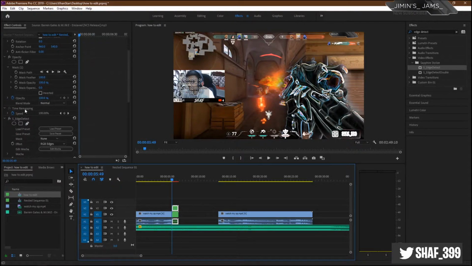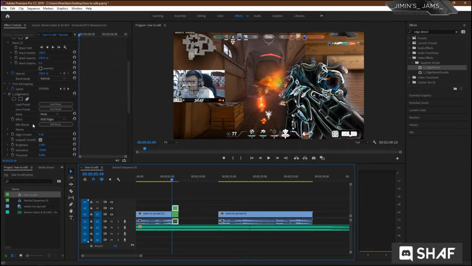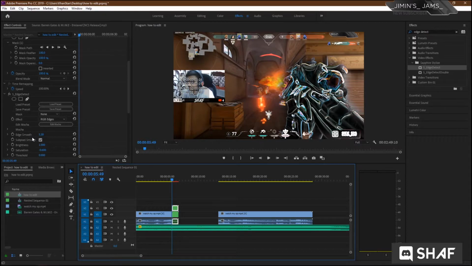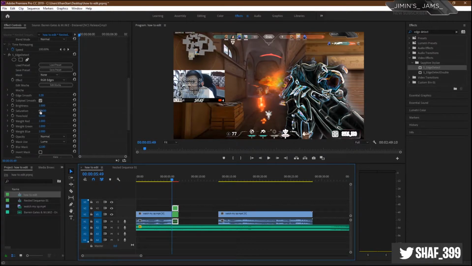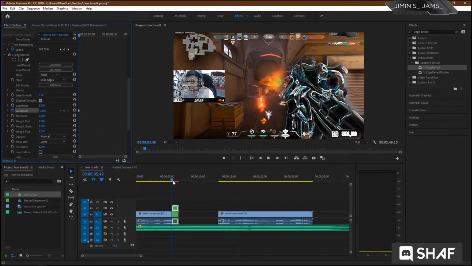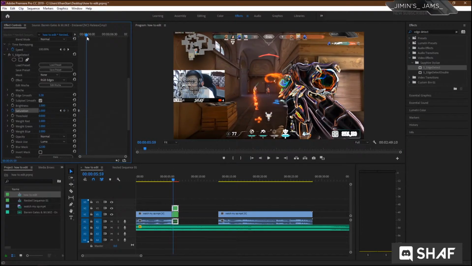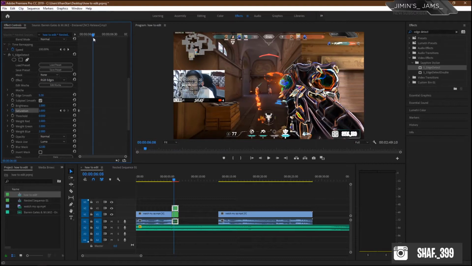If you want to make your effect even better, there is a thing called keyframes. People find keyframes harder and more difficult to use, but once you get the hang of it, you will be a pro editor. So what did we change? We changed saturation, right? So press this watch on the saturation panel. The effect starts like this, so we'll change it to the original value. The original value was this one, right? So we change the keyframe right here and move the keyframe around 25% of the clip.